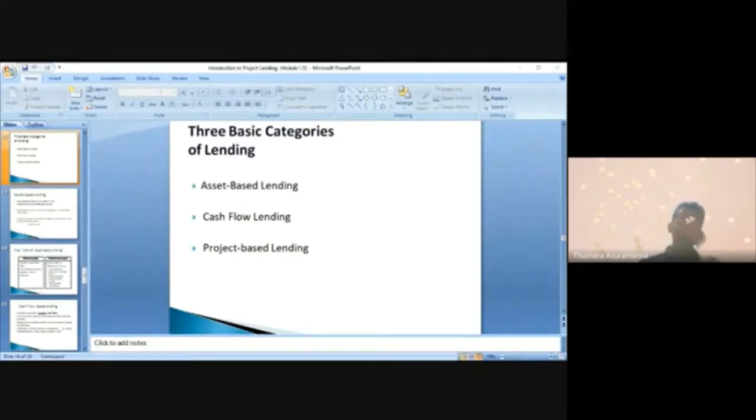And then the disadvantage is also equally there, because loan size is based on the borrower's repayment capacity, irrespective of whether he can pay 100,000, 200,000, 300,000. We are not worried about that. Instead we say how much you have, so I can give 80%, I can give 90%. Then the repayment schedule is also not based on the cash flow, irrespective of how much is generated, maybe first year, second year, third year, first month, second month, third month. So we are no more worried about that. We are basically worried about the asset value.